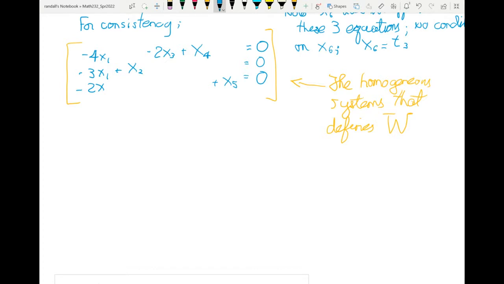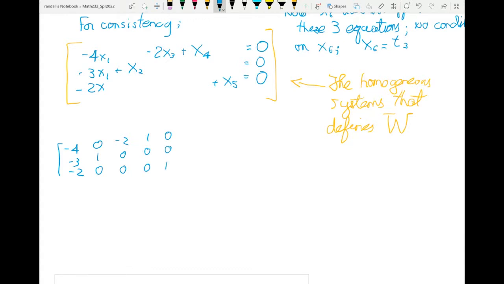Let's solve this problem. So I'm going a bit further now than what the question asked. Okay, so we've already identified the homogeneous system. I'm going to go further and use that fact to get a basis for this W. So let's find what the solution set of this homogeneous system is. So here's the augmented matrix, minus 2, 0, 1, 0, minus 2, 0, 0, 1, 0, 0, 0, 0, 1,